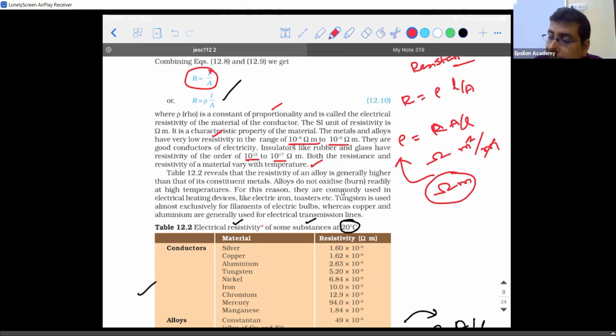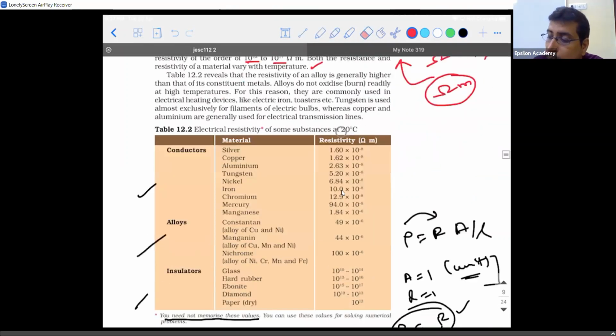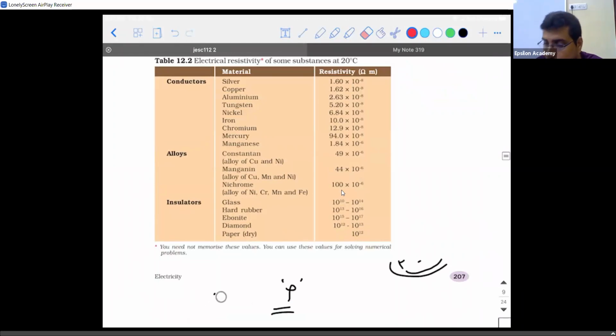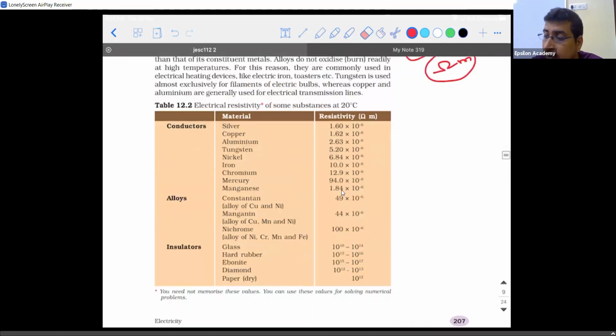Okay, so there is a table that is given which has a ready-made calculation of resistivity of all the materials. The experiment to calculate the resistivity, you have it in your 12th standard. You will calculate it using Ohm's law only. After you calculate, if you prepare a table, then electrical resistivity of some substances are given at 20 degrees Celsius. Why do you think the temperature is mentioned? The experiment from where they calculated was done at a temperature of 20 degrees Celsius.